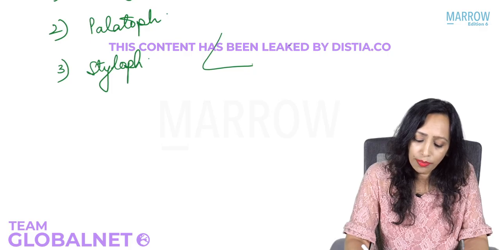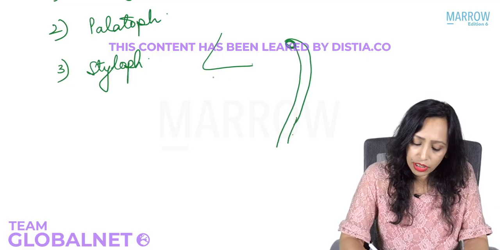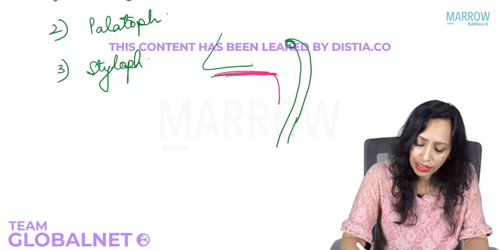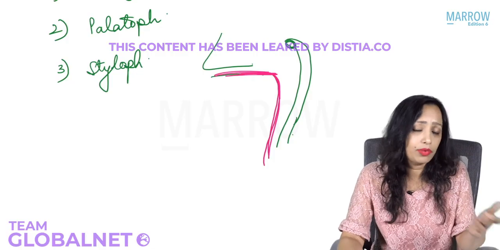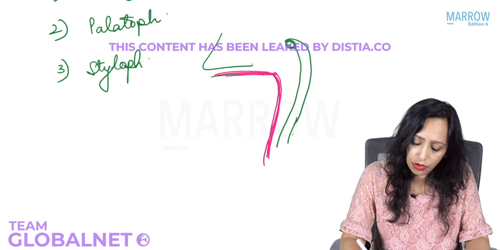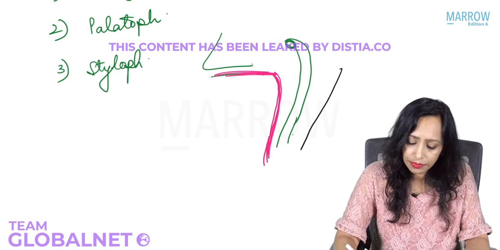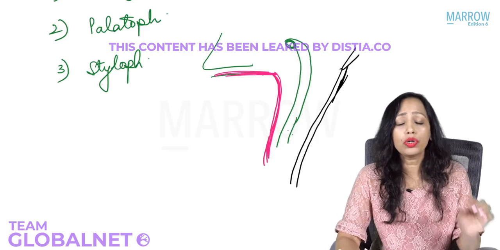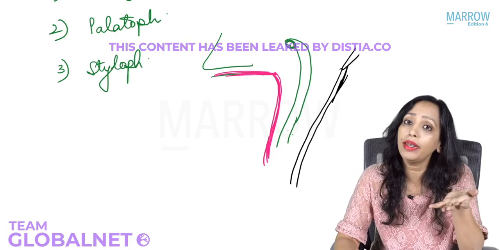So from the eustachian tube, here we have the nose, and behind that, from the eustachian tube area arises the salpingopharyngeus and it goes down. From the palate, below this, arises the palatopharyngeus and it will go down. The palatopharyngeus actually forms the posterior pillar. Again, we'll see that in some time. And the stylopharyngeus is coming from outside, from the styloid process, and it is coming down. So the upper attachment of all these is different, according to which they are named.